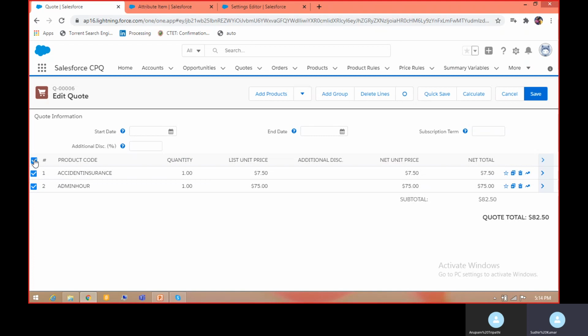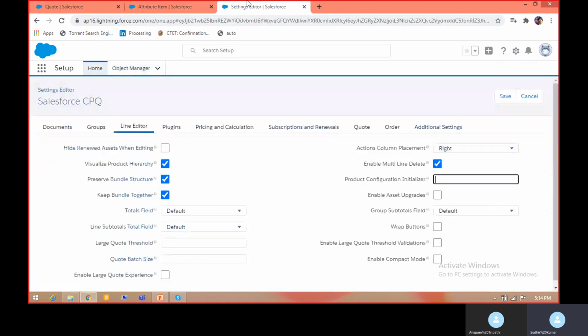But sometimes there is a requirement to restrict the sales rep so that he cannot work on multiple products at a time. There may be a possibility of making some mistakes. So for this there is another setting. This is called enable multi-line delete. This checkbox is checked as of now. If we uncheck this checkbox and save it,